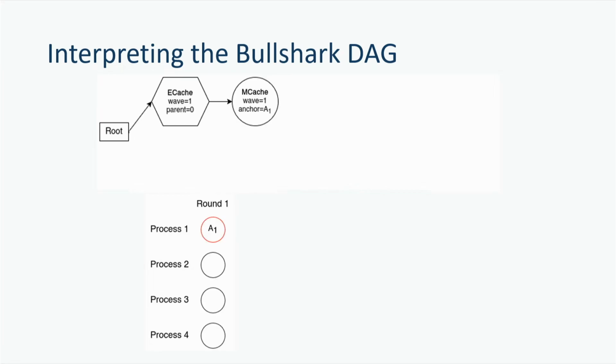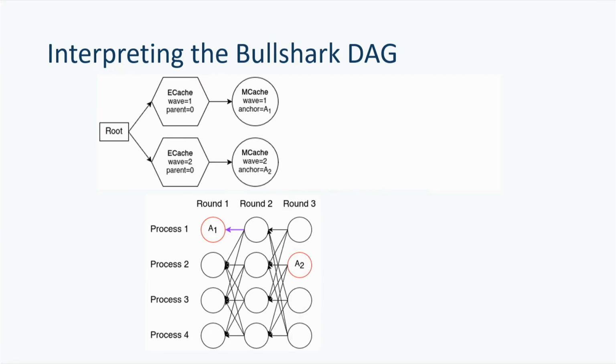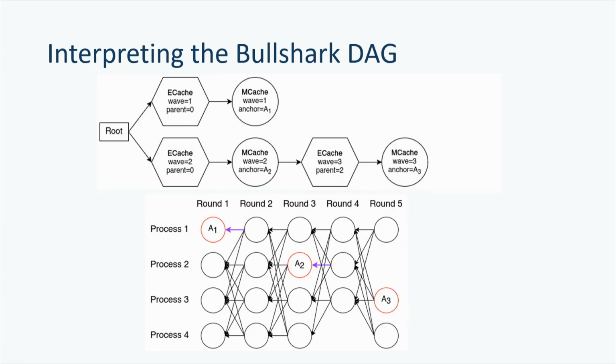So here's how the Bullshark protocol can be interpreted under this framework. Well, in the first round, you have this anchor A1. Naturally, it's attached to root because there's nothing before it. In the second round, we try to commit the A1 anchor, but it's not successful. You can see there's only one reference to it, and we need a quorum, which is 2 references. So in the second logical view, which is round 3, we have this anchor A2. Now, A2 doesn't reference A1, so A2 is also attached directly to root.